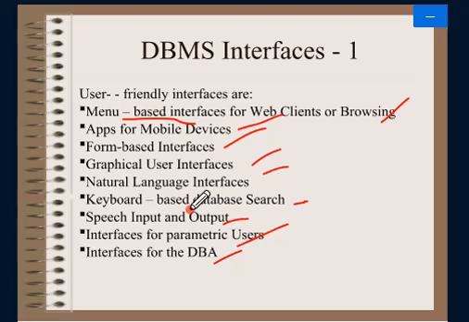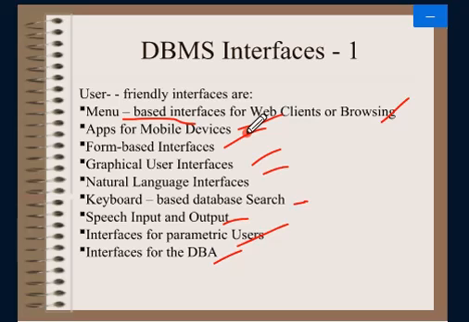So a menu based interface is basically for web clients and browsers, for those who want to browse. Then we have apps for mobile devices. We have n number of apps, and they make our things easy. These interfaces, like apps for mobile devices,